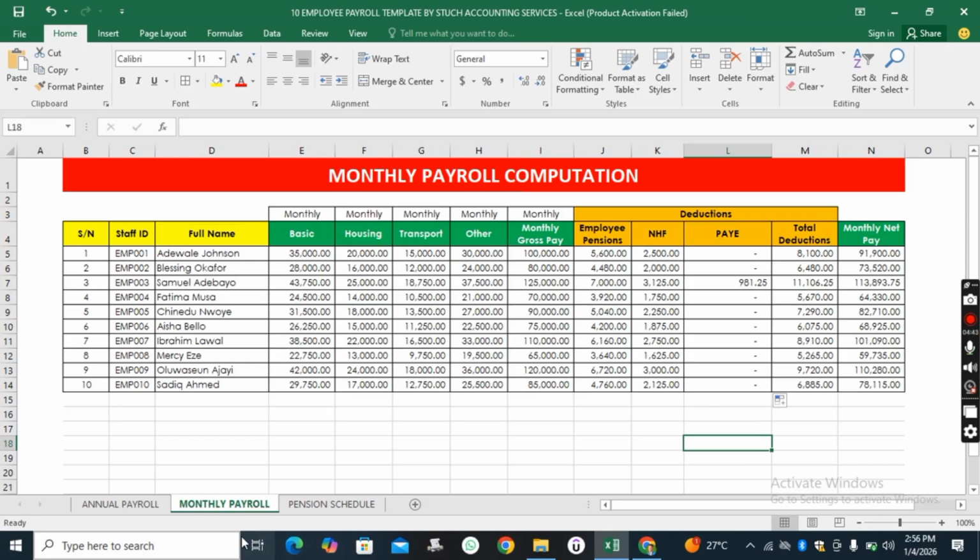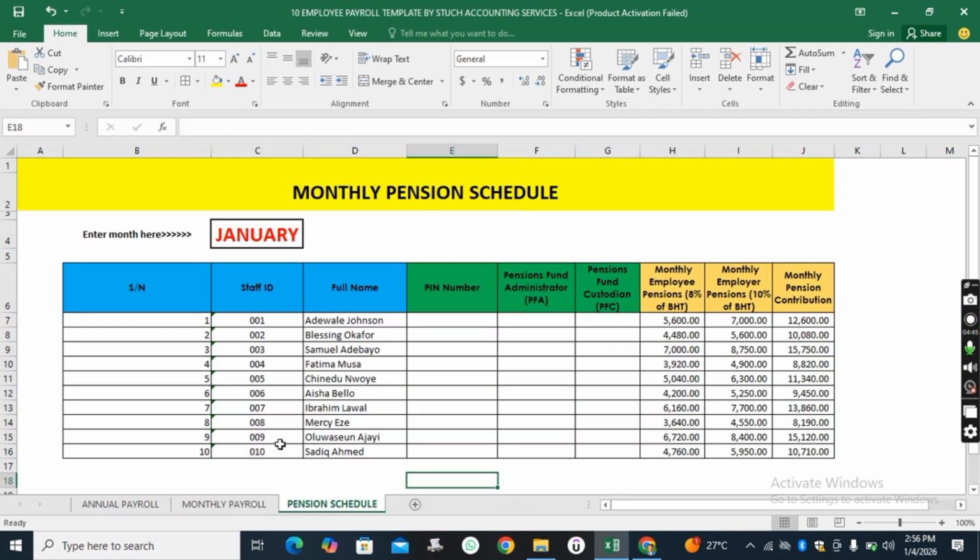Okay, and that is it. When you also click on the pension segment, you see that the pension has also calculated itself. You can see their names have already populated. We didn't even have to enter the names here; it's automatically populated on its own. You can also see that their pension has been calculated, and you can see what their pension contribution is